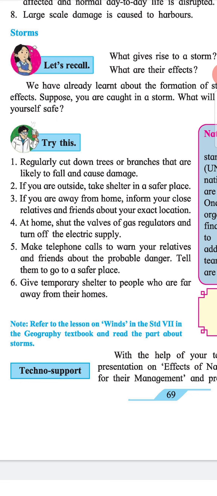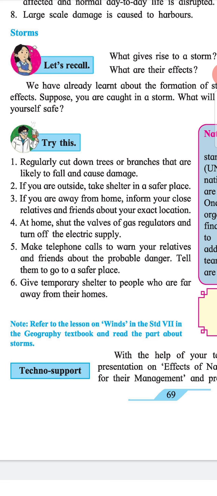Subheading Try this. 1. Regularly cut down trees or branches that are likely to fall and cause damage. 2. If you are outside, take shelter in a safer place. 3. If you are away from home, inform your close friends and relatives about your exact location. 4th, at home, shut the valves of gas regulators and turn off the electric supply. 5th, make telephone calls to warn your relatives and friends about the probable danger.